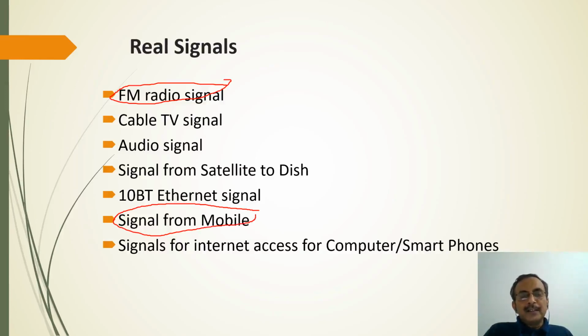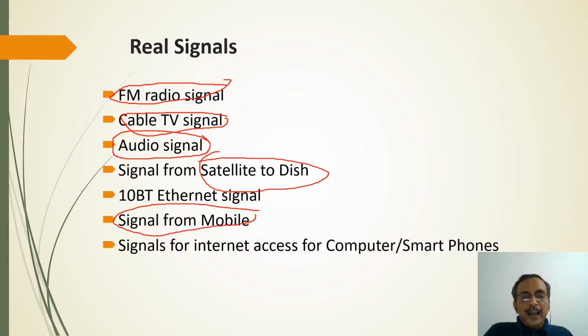Of course, the sunlight is again a type of signal which may not be very useful for us, but people who are working in the area of astrophysics, studying about the sun, for them the light and the other energy signals coming from the sun is very important. Similarly, we have got signals coming from the cable television or the dish, from satellite to dish directly we are receiving signals. We also produce signals in the form of speech, and we have got musical instruments which actually produce the audio signals.